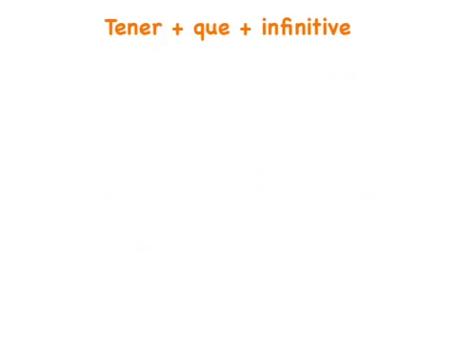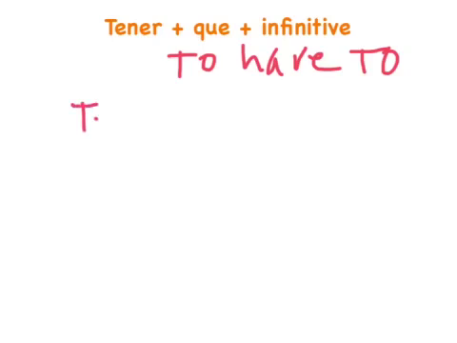Now, many times you're going to see word combinations of tener plus the word que plus an infinitive. And an infinitive is a verb that hasn't been changed, right? So, for example, tener plus que plus infinitive means to have to. To have to do something, right? So if you wanted to say, I have to study, it would be tengo que